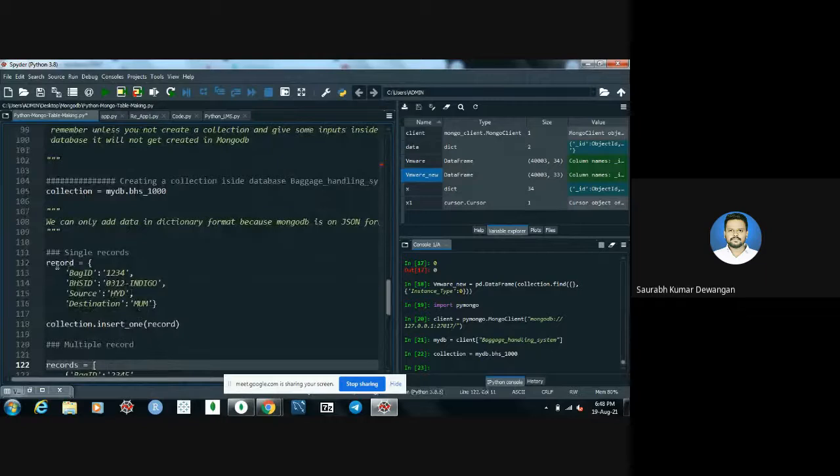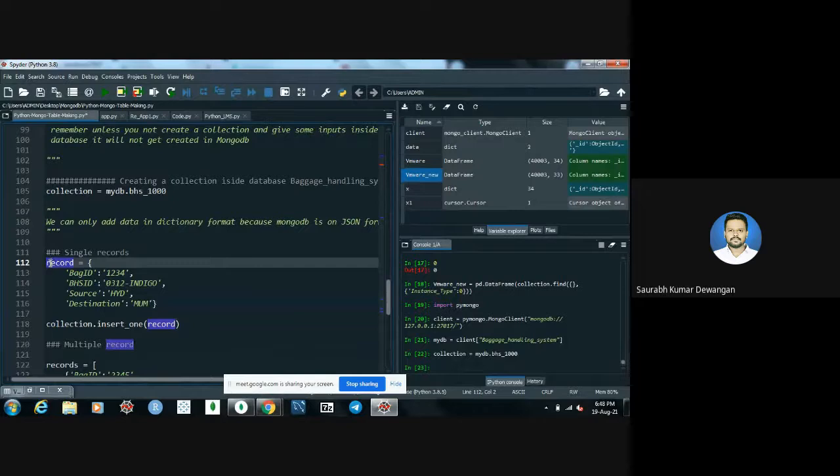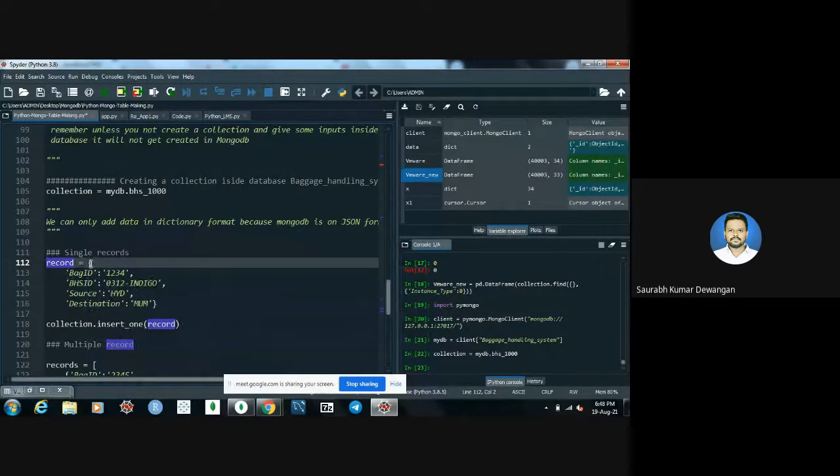Okay, so we also have to remember, right? MongoDB is in JSON format. So we have to give it in dictionary format, right? Dictionary, so key value pairs.